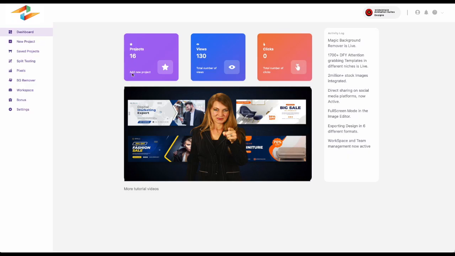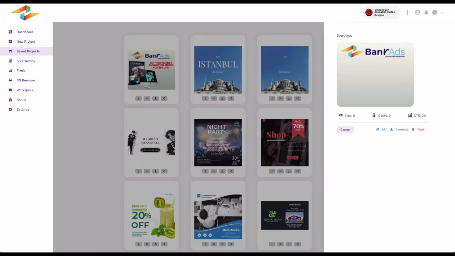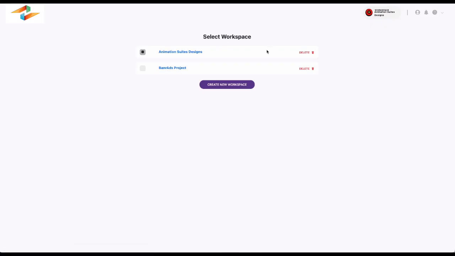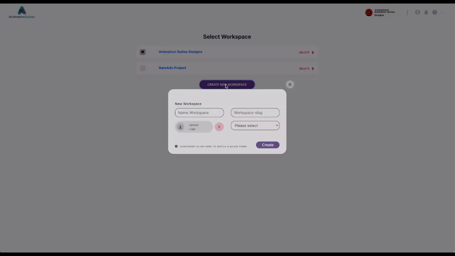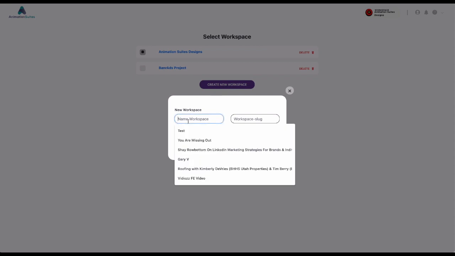Now what's also amazing about BanrAds is that obviously you can see where your saved projects are. And you can edit those projects, you can download it, you can preview it, but you can also have here workspaces. Now what does a workspace mean? You just go to my workspace. I can create a workspace and I can say, I have a client that wants me to do a banner,